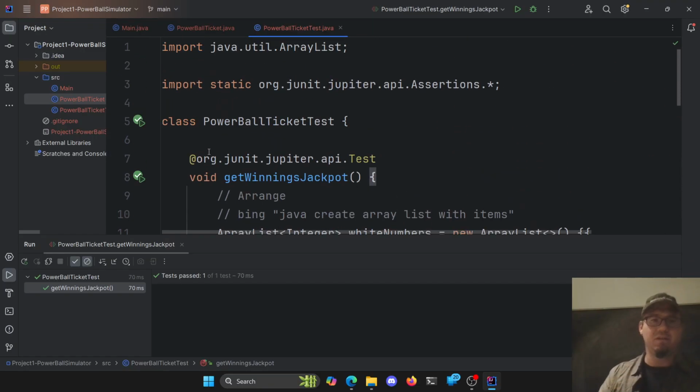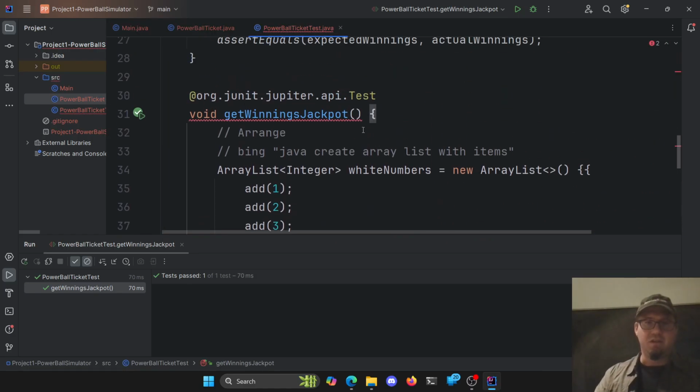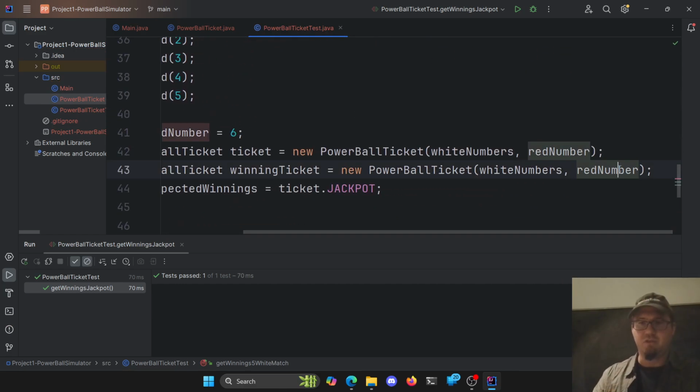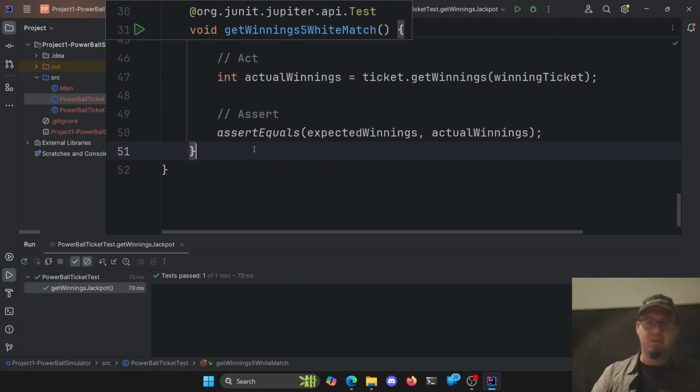So that was jackpot, right? So I would just copy all this one here. We did the jackpot test, now the 5 white match. That's where the red number doesn't match. Just change that to 7 or something here. And then this is my 5 white matches prize. Cool. And then we want to